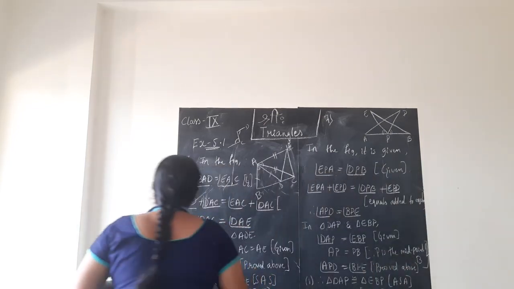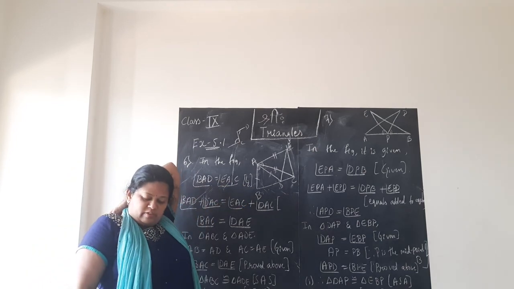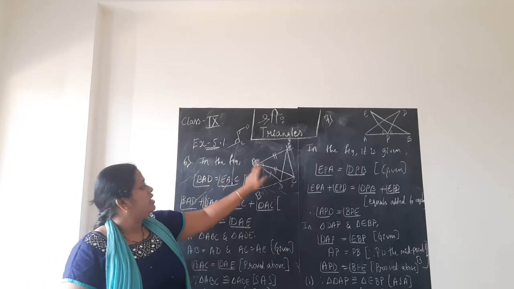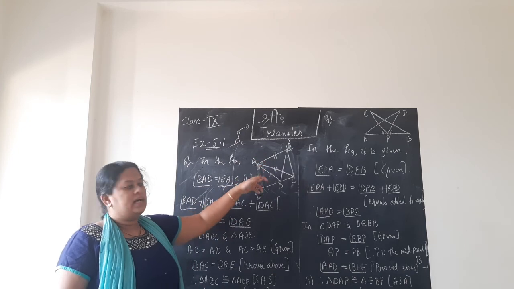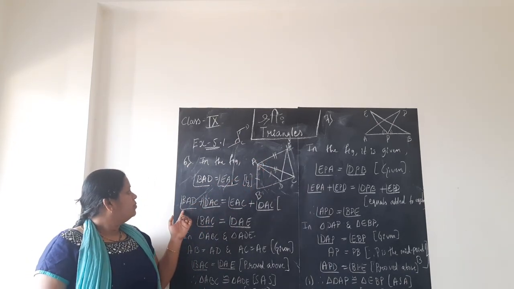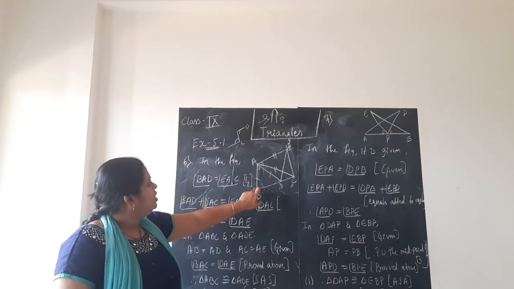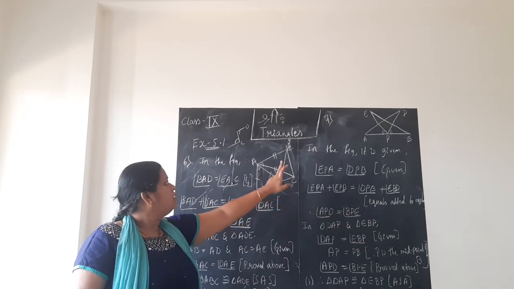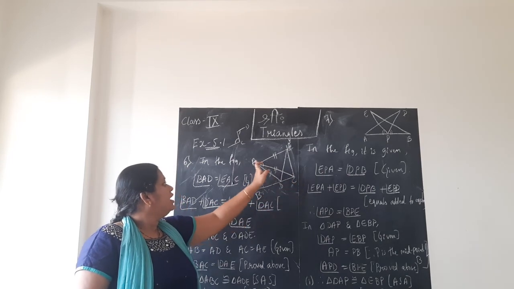First, in the figure, I have written only a short form for given. You write it in full, there is no space on the board, I am sorry. Angle BAD is equal to angle EAC. I said this in the beginning. Angle A equal, that is the given reason. Now, angle BAD plus angle DAC is equal to angle EAC plus angle DAC.